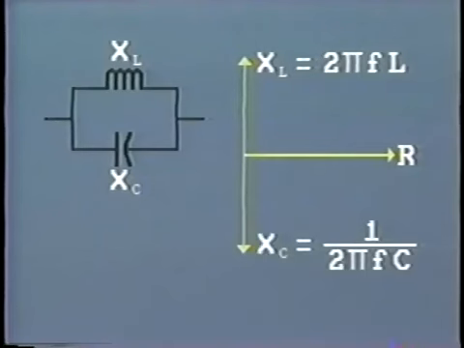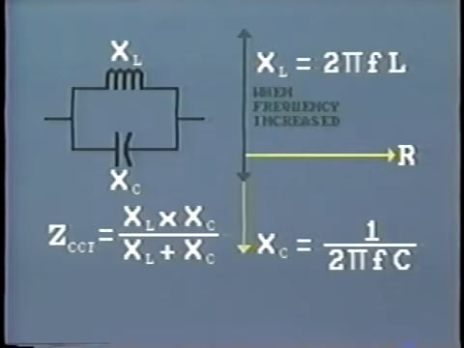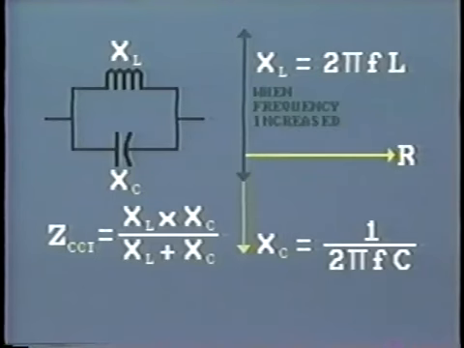In the case of capacitive reactance, this is equal to 1 over 2 pi times frequency times capacitance. In this case, then, as the frequency increases, the capacitive reactance decreases. The actual values of inductance and capacitance are chosen so that their combined reactances provide a very low impedance at 60 hertz. However, when frequency is increased to the carrier frequency, the value of inductive reactance increases immensely, while the